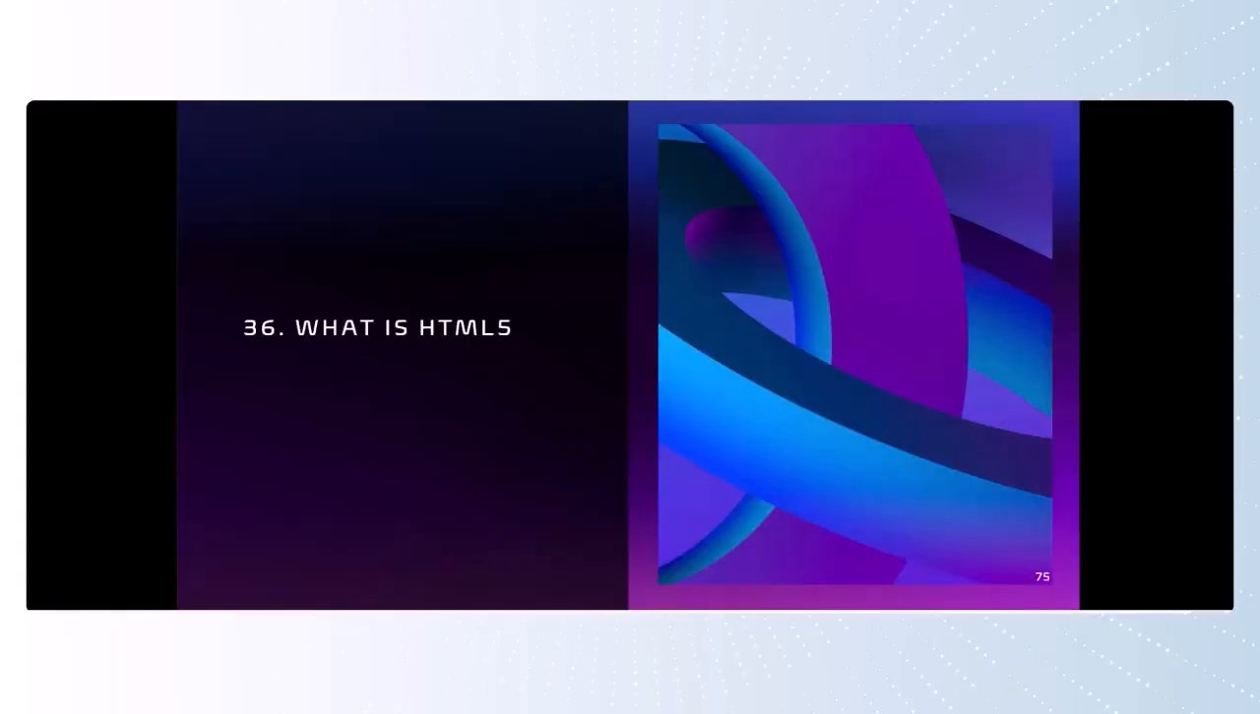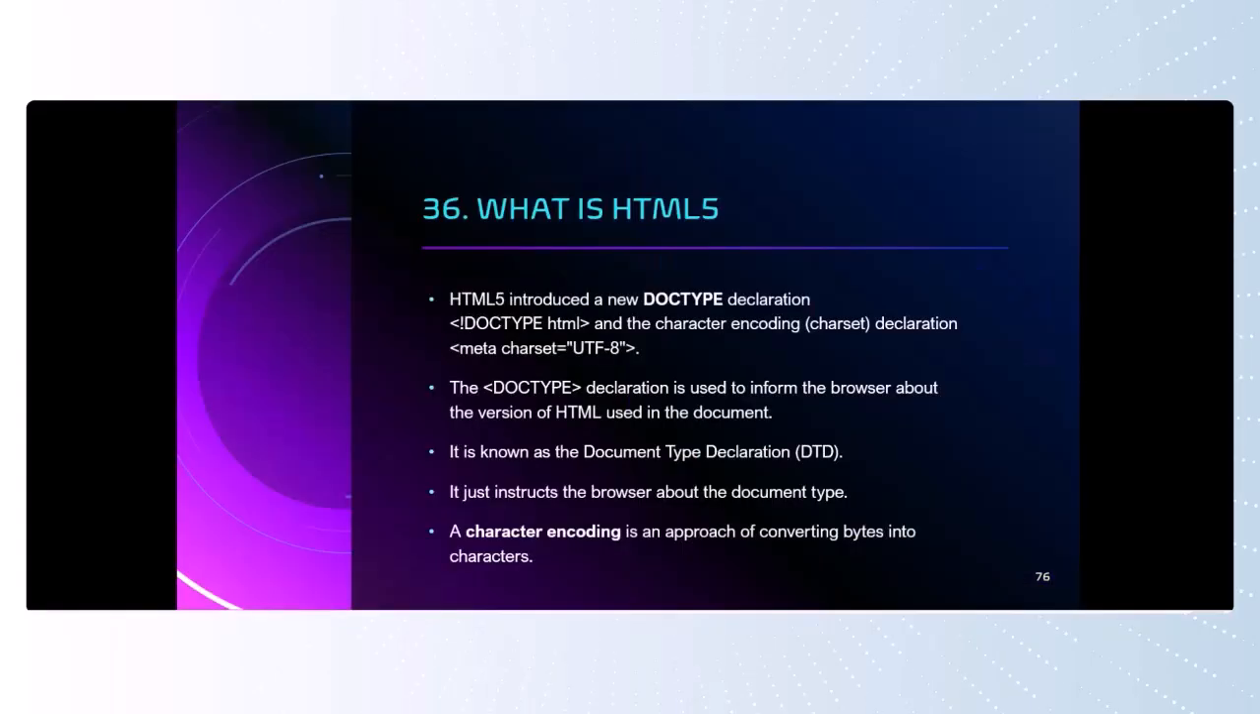What is HTML5? HTML5 is the most recent release of HTML, and it has introduced several new features that are important to use, including the doctype declaration and the character set. In the meta tag with the charset attribute, you can use UTF-8. It's a normal one that you'll see